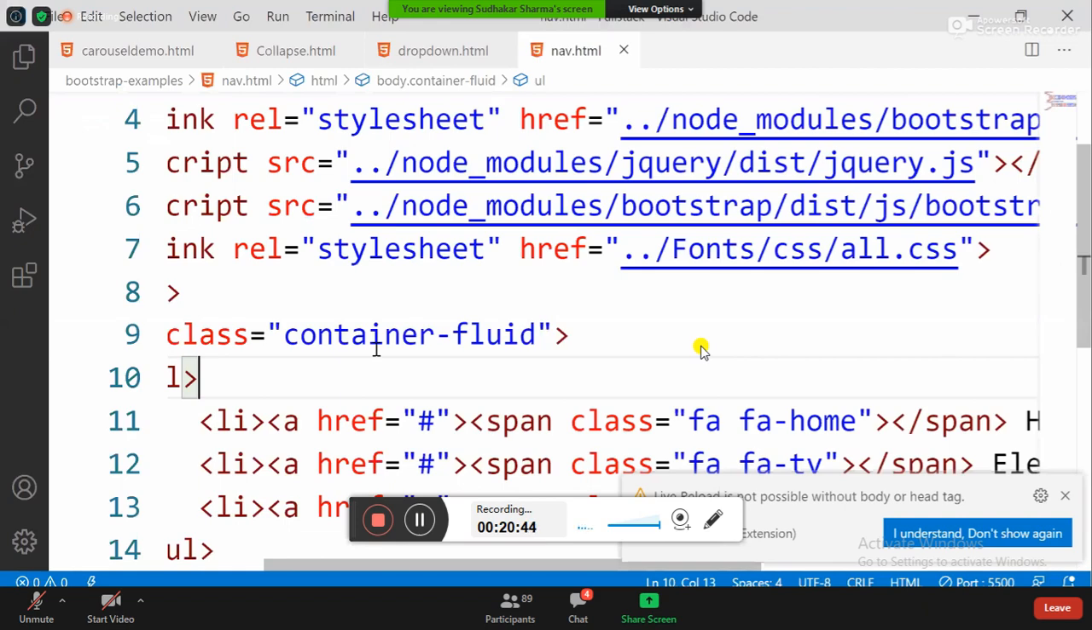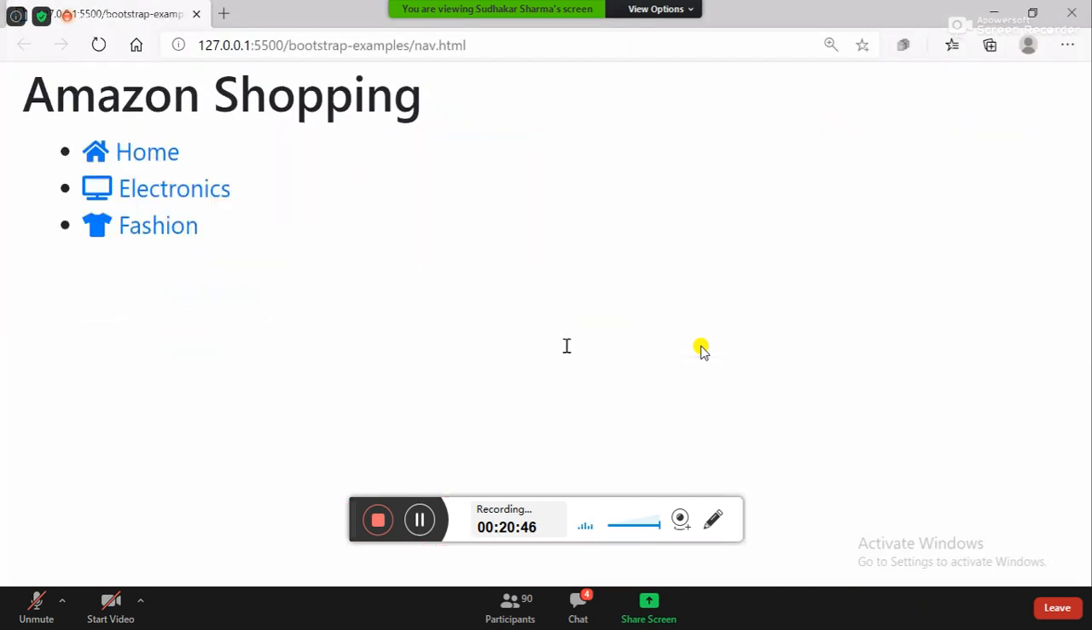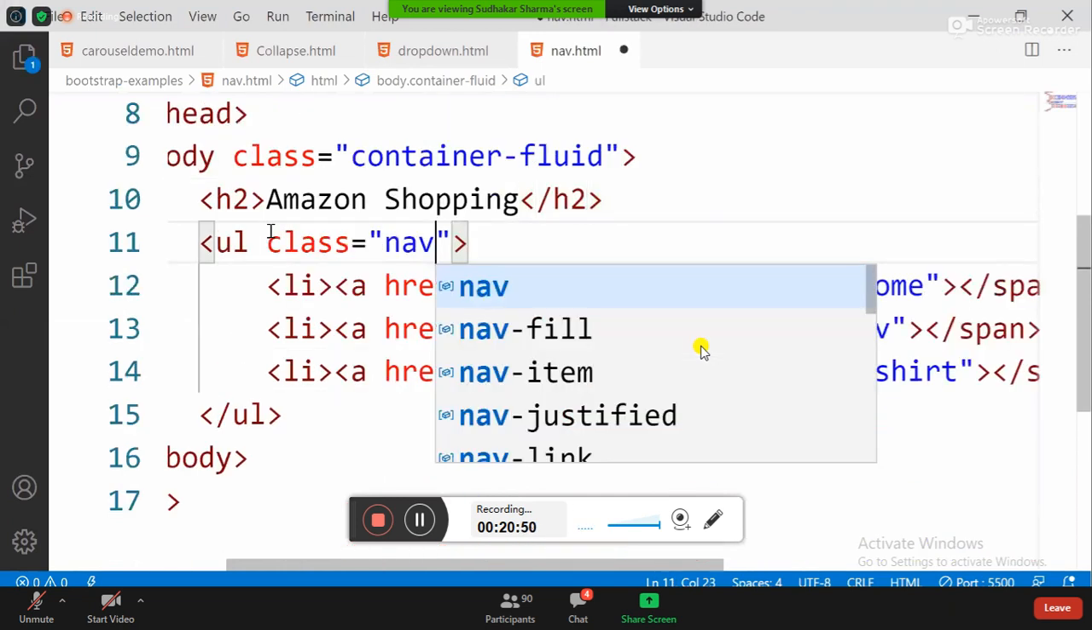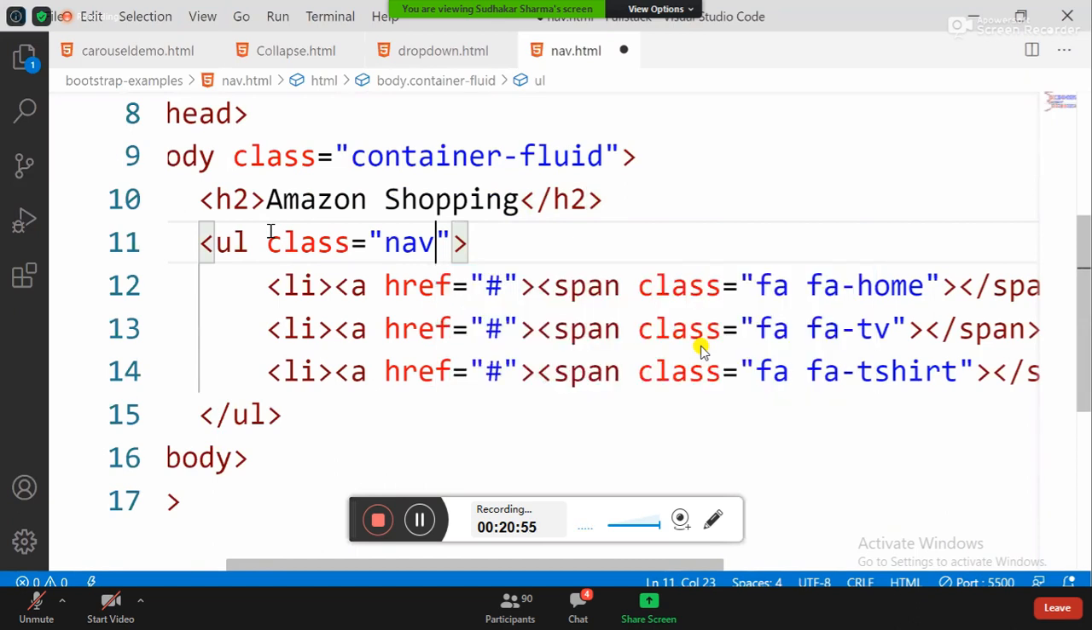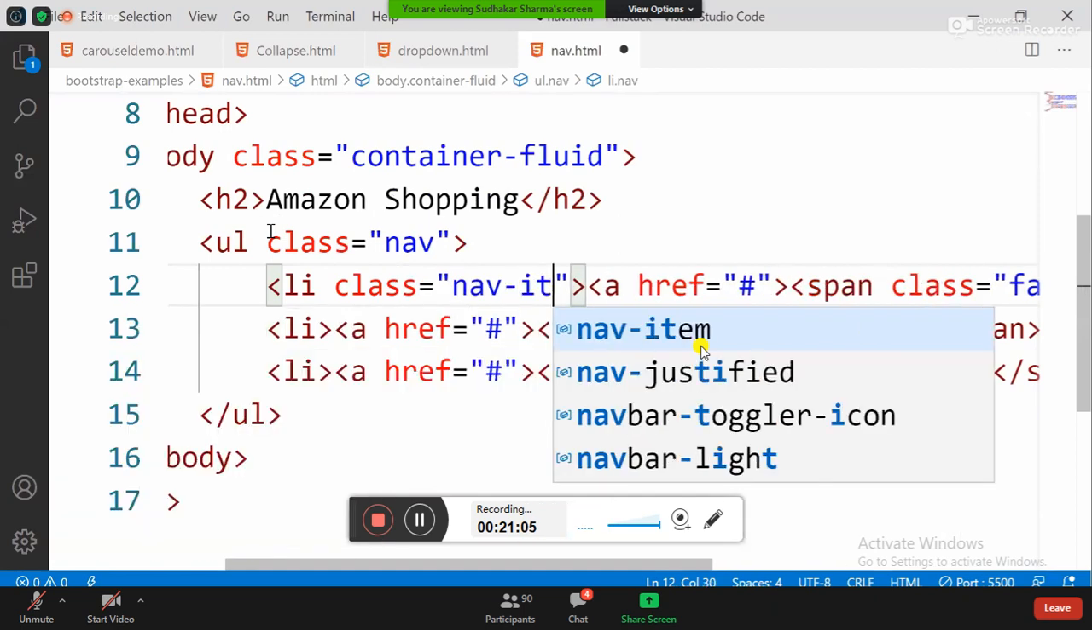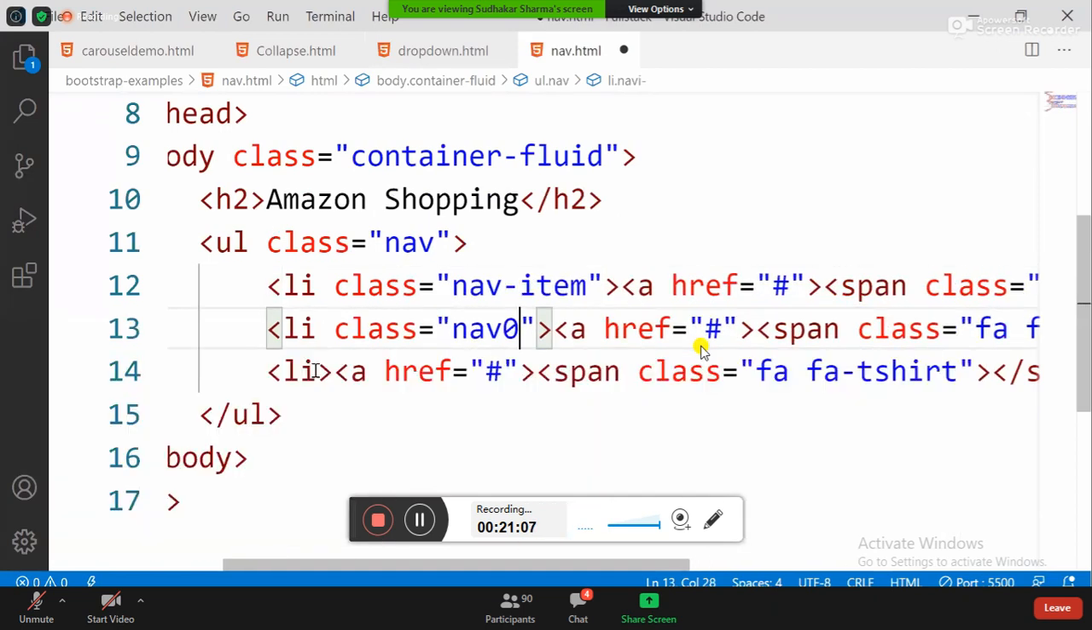It's very simple. To this unordered list we have to add a class, nav, and these items are defined as nav-item. So all these are considered as nav-item. So nav contains nav-item. So we have nav-item,